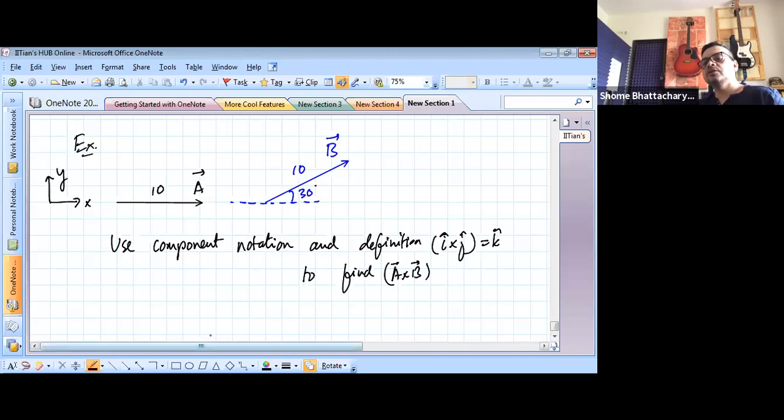What we can do in this situation is take E as 10 I cap and B as 5√3 I cap plus 5 K cap, because you can see that B's x component is 10 cos 30 and B's y component